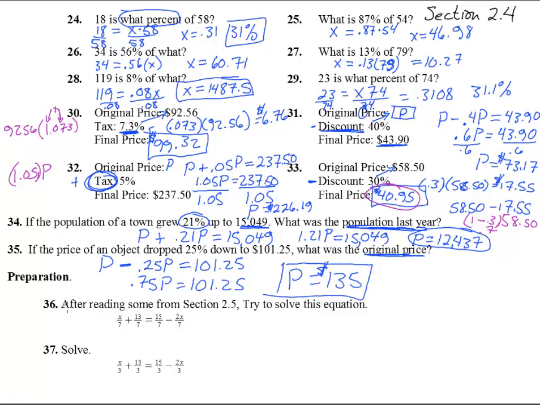Now, a little bit of a hint on these preparation problems. On section 2.5, the idea is to try to get rid of the fractions. You look at this problem, you're like, oh, yuck. Look at all those 7s on the bottom. That's horrible. But if you read it in the sense x divided by 7 plus 13 divided by 7 equals 15 divided by 7 minus 2x divided by 7, then you're like, if I want to get rid of a divided by 7,